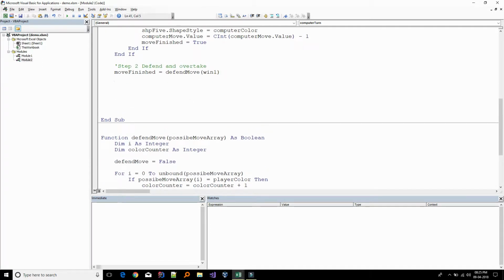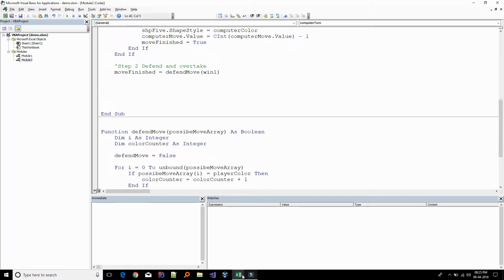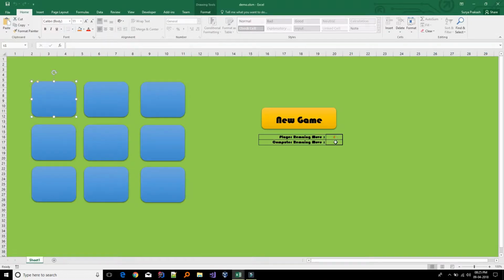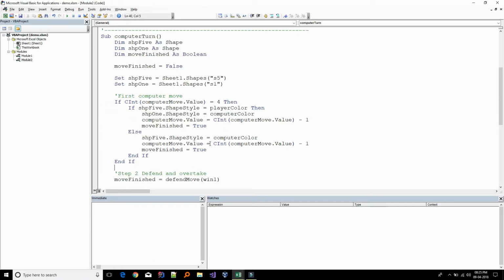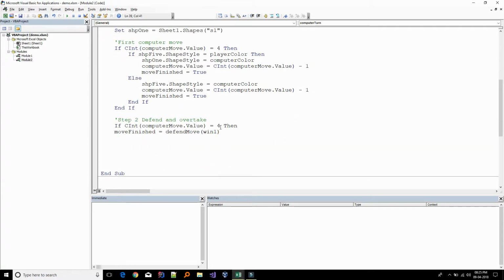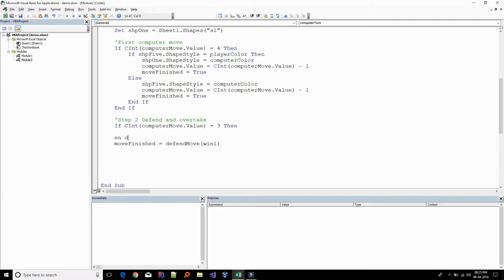The second move should be done only when the count is 3, so that also will make sure the count is 3, and this move needs to be done. For the remaining things,